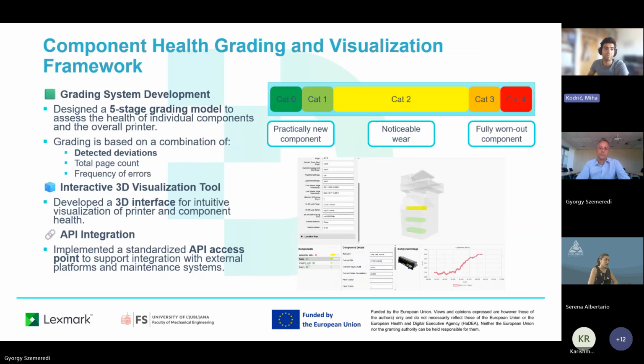So by accurately assessing the printer and components health, Lexmark can reduce the returns of heavily worn devices, like Gyorgy said before, and extend the product's lifespan, so directly supporting the EU goals for sustainable product life cycles. And that's all from my side. Thank you.